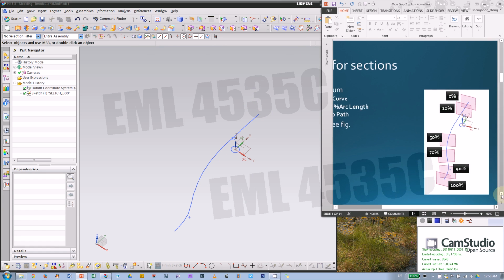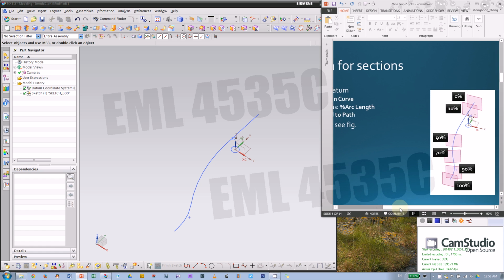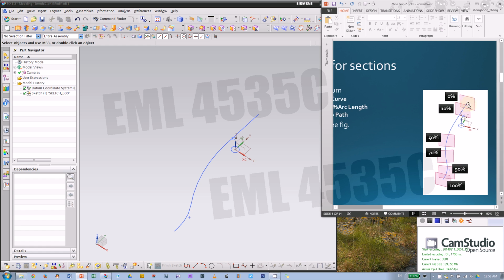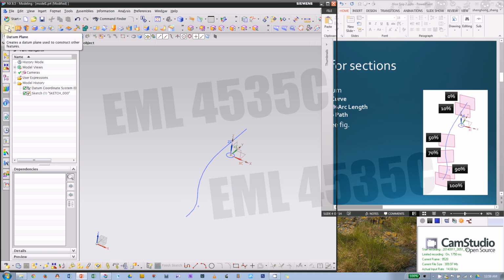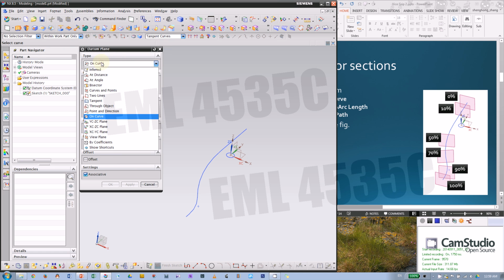Alright, so next step, we'll create those datums for the cross sections. We actually have 7 cross sections. We will make 6 datums because one of the sketches is on the XZ plane, so we don't need an extra datum for that. Okay, so we're going to start to create a datum plane, and the method or the type will